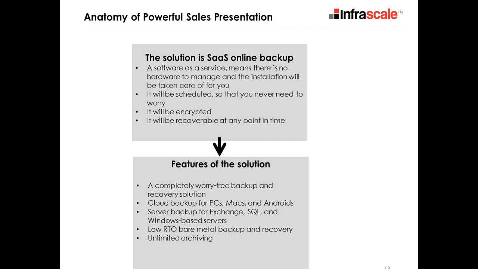Some of the features also include cloud backup for PCs, Macs, Androids, and iPhones, as well as server backup for Exchange servers, SQL servers, and Windows-based servers as well. Some other features that you'll want to discuss revolve around RTO and RPO. Now, RTO being recovery time objective and RPO being recovery point objective, you'll want to keep very low in the event of any disaster to recover quickly and to recover from a very recent point in time